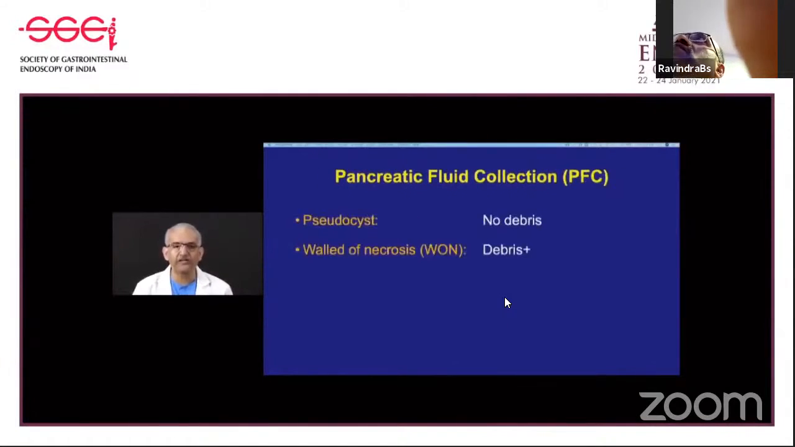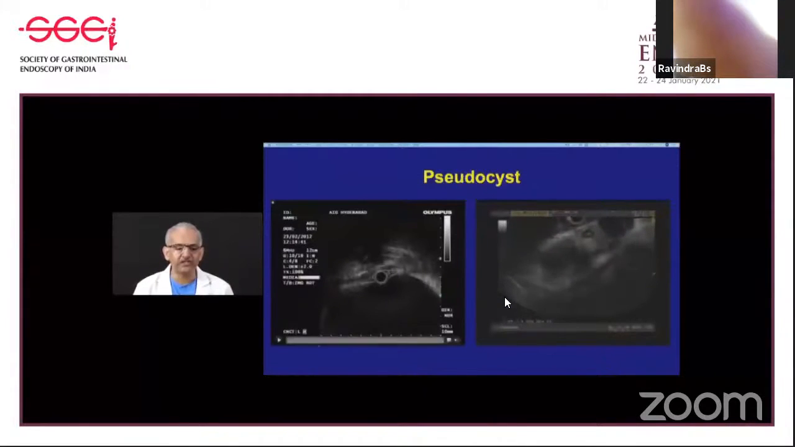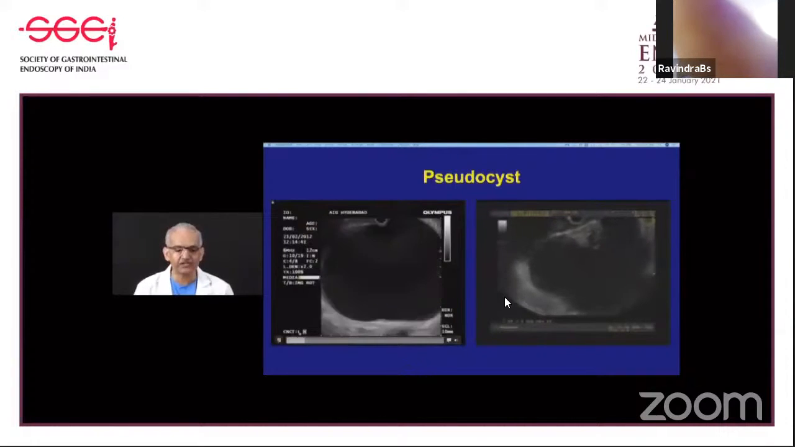As we all know, pancreatic fluid collections are broadly classified into two when they are mature: pseudocyst, which does not have any debris, and walled-off necrosis or WON, as it is commonly called, which has debris inside the fluid cavity of variable percentage. As you can see on this screen, the two small videos which are playing are showing huge collections. The one on the left panel is a pure pseudocyst, does not show any debris,